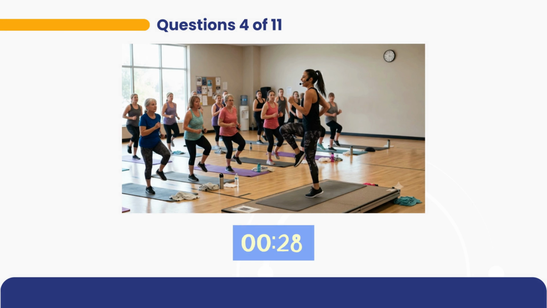In this picture, a fitness instructor is leading an exercise class in a large studio. She's standing on a platform at the front of the room, wearing a headset and raising one knee as she demonstrates the movement. Around her, several women are following along and doing the same exercise on or near their mats. Water bottles and towels can be seen on the floor, and the room looks bright and spacious with large windows on one side.